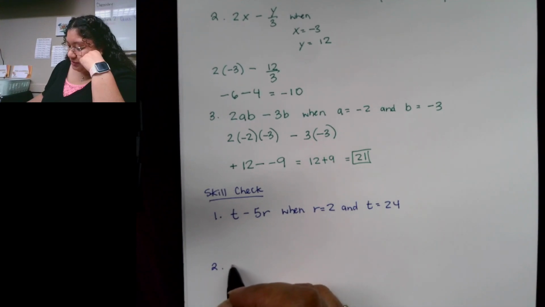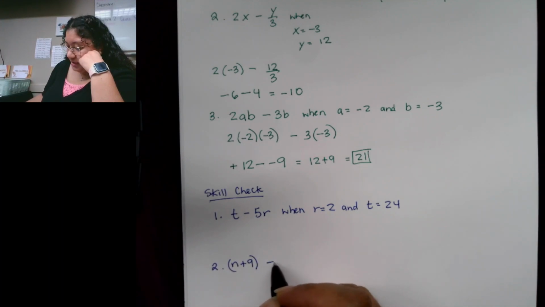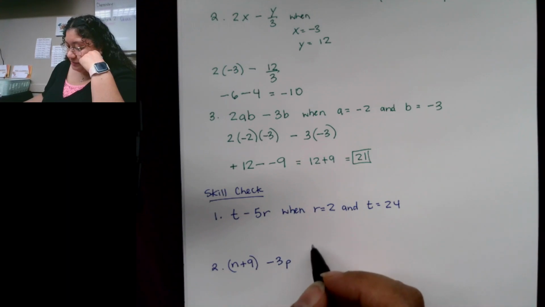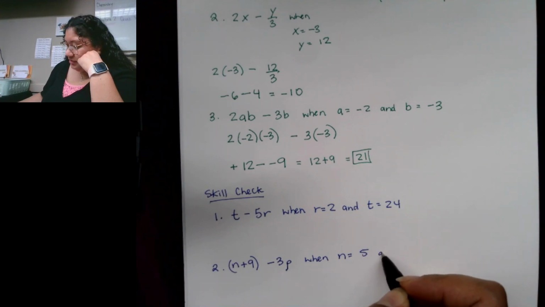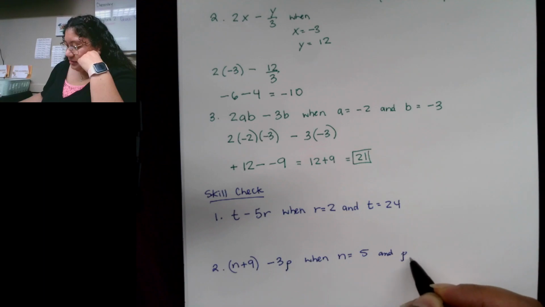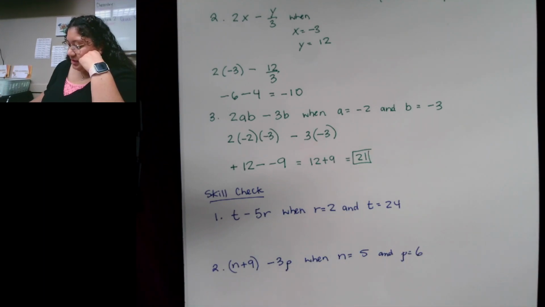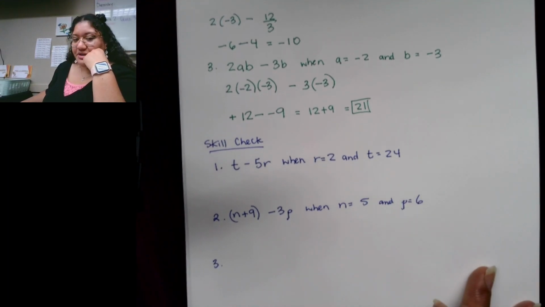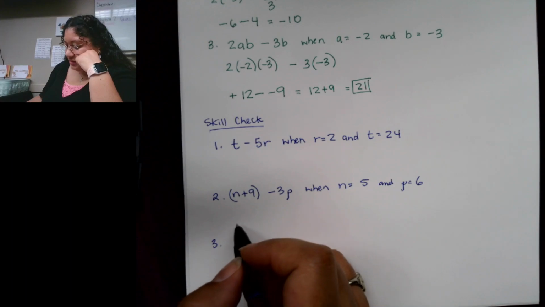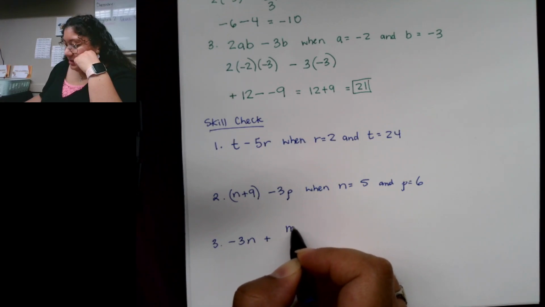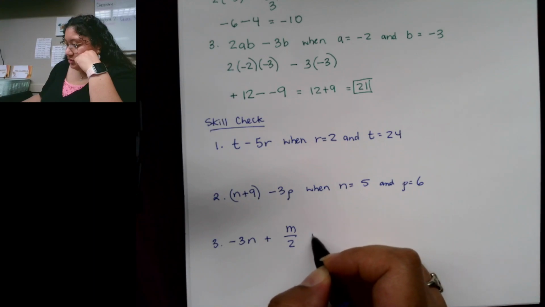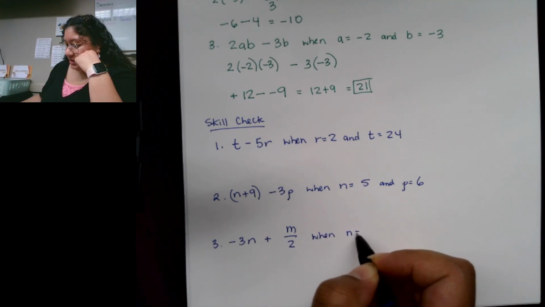Then I've got number 2, n plus 9 minus 3p, when n equals 5 and p equals 6. And last but not least, number 3, negative 3n plus m over 2 when n equals negative 4